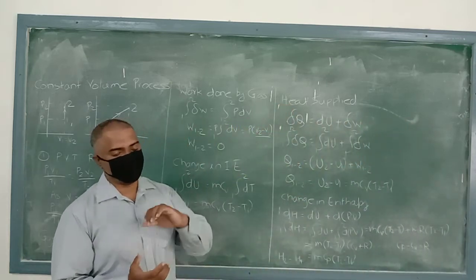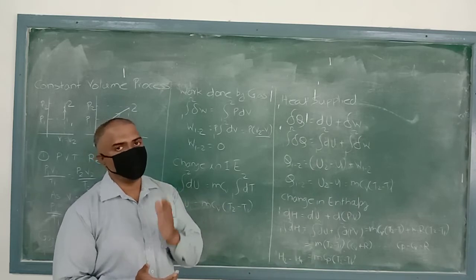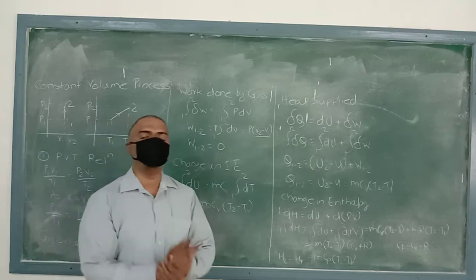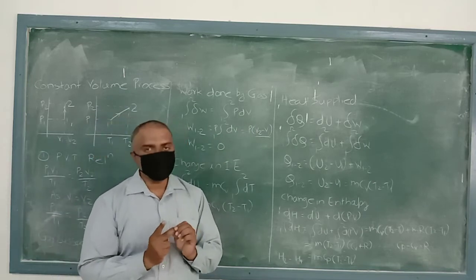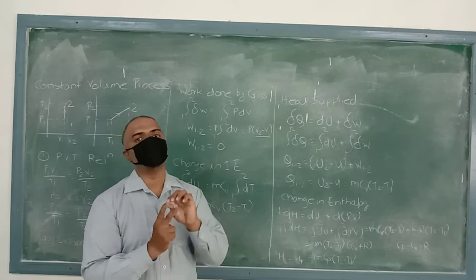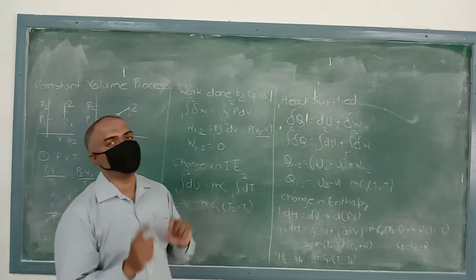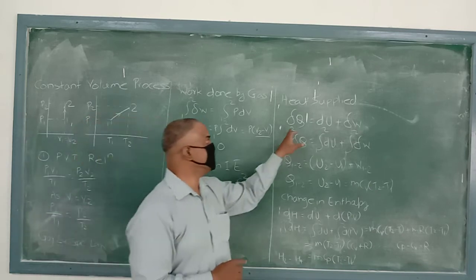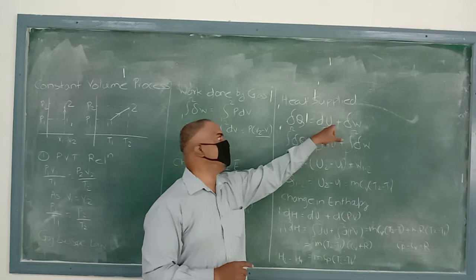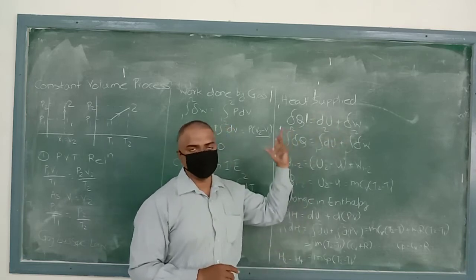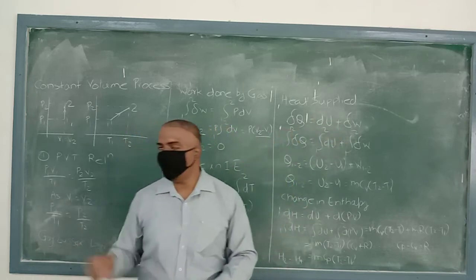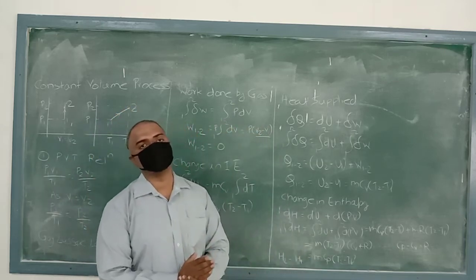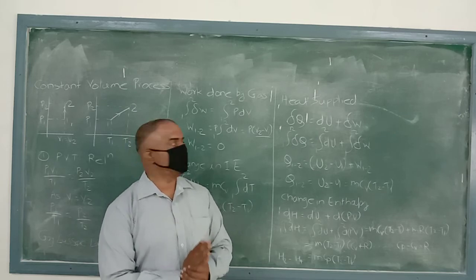Now we know that suppose we are going to supply heat to any kind of process, the heat supplied is utilized for two purposes. First, to change the internal energy, and second, to do some kind of work. So delta Q is equal to dU plus delta W. So that's why I have written delta Q is equal to dU plus delta W. Again, this is a small amount of heat supplied. We have to calculate for process 1 to 2. So we are going to integrate this equation within the limits 1 to 2.